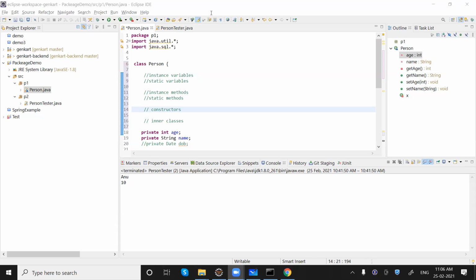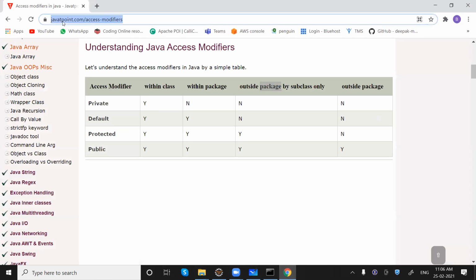There is another concept, right? Static import. What is that? Static import is a concept introduced in Java 5. Let me just look it up on Google because I haven't used it in so long.